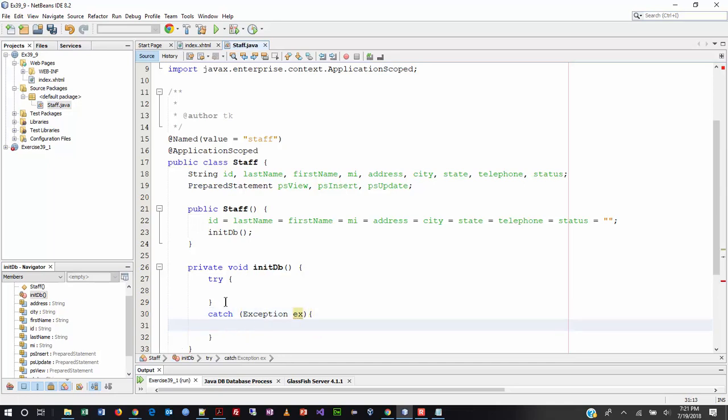We'll figure out what to do with the error in the aftermath. Chances are we'll probably throw a little thing in here that puts a little message in the status field and said, oops, no database, or something like that. Okay. So now we're going to build our database connection,